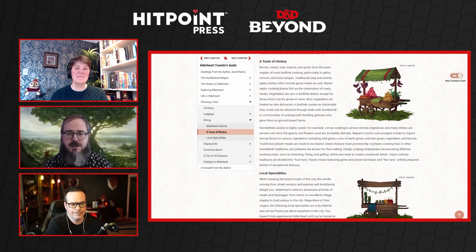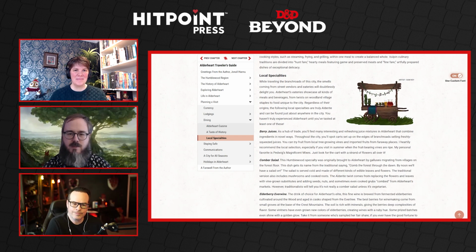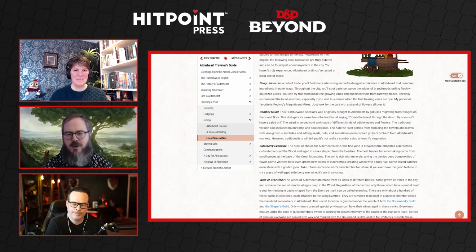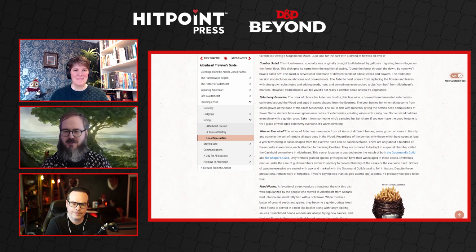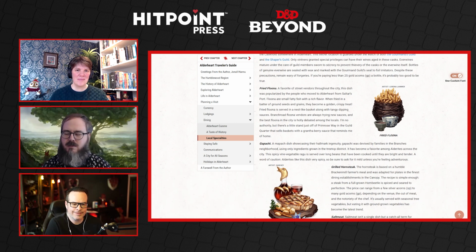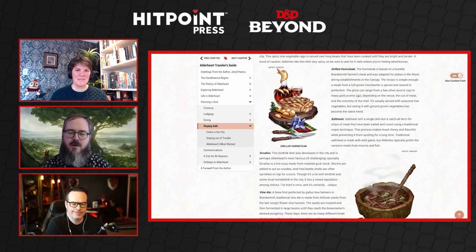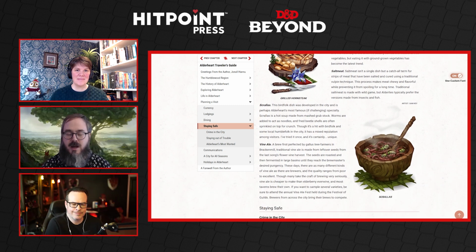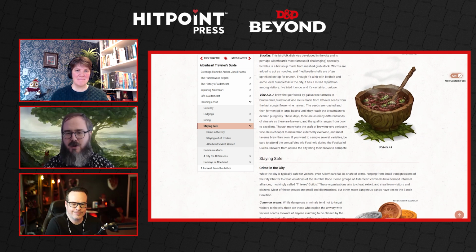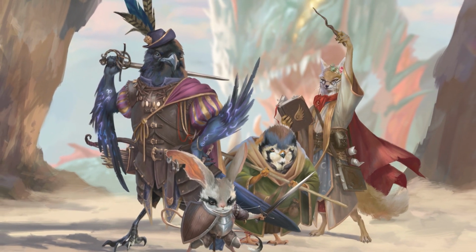There's a great section, probably my favorite section in the Alderheart guide, about meals, different types of meals, and where you can get them in Alderheart, and the different types of things that people are eating, because people struggle a little bit with the idea of an animal person eating an animal. But we give guidance, I guess, to the DM, and permission to come up with what that's like. So yeah, this is a good book to answer all of your burning questions, especially about how the animal people live in Humblewood 1.